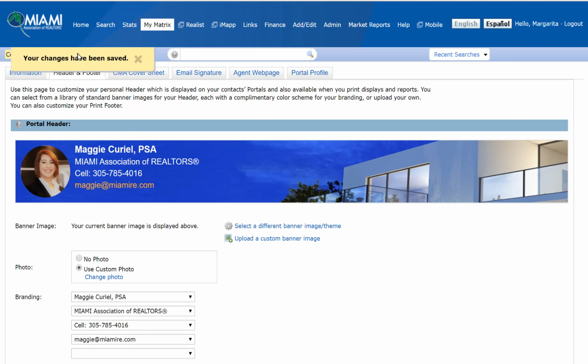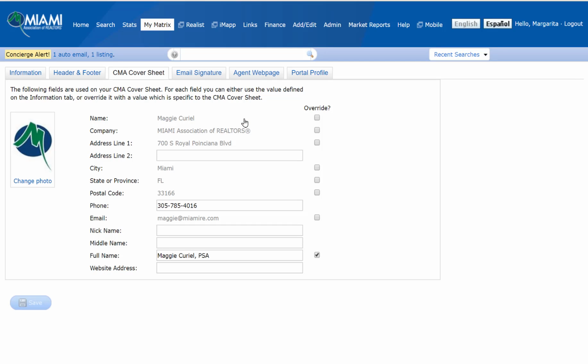Again, it'll always kind of give you a little notification in the top left in yellow that says your changes have been saved. After your header and footer, you have your CMA cover sheet. The CMA is the comparative market analysis. We show you how to create the report in Matrix 301. We don't show you how to search for comparables or how to select them. We do that in another class called CMA Workshop. And again, we have videos of almost all of these already for you on Miami Realtors Live and on